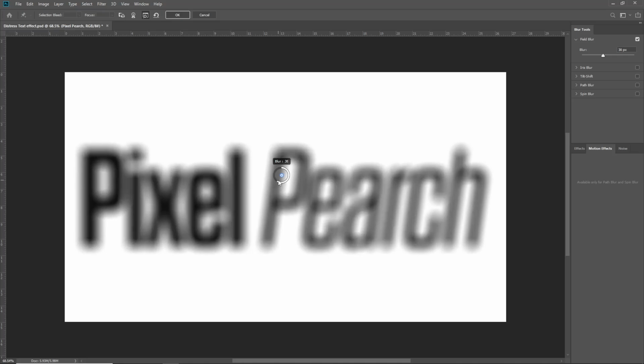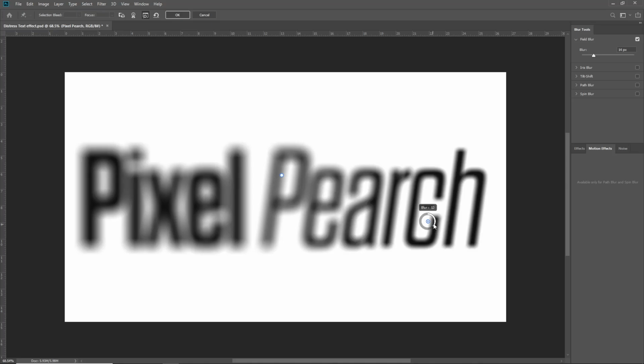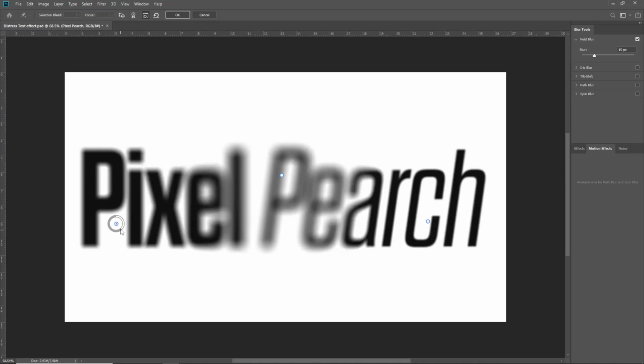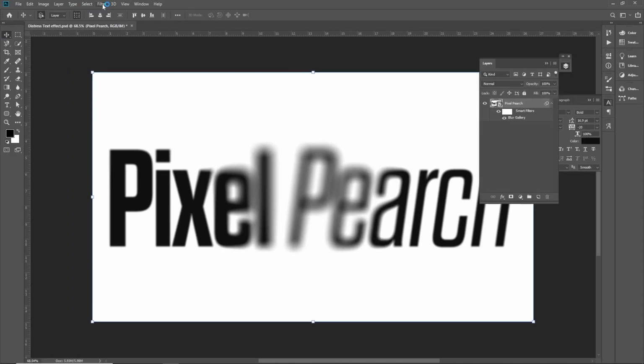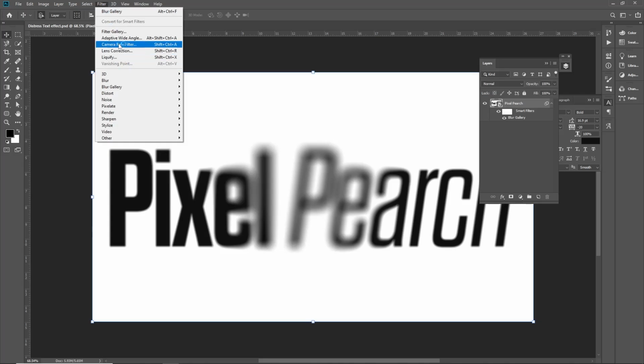I will go with 38. Then I will add another point and just decrease the blur, like 6. Same I will do this here and just adjust the positioning like this, hit OK and go to the filter again, and this time you can go to the filter gallery,